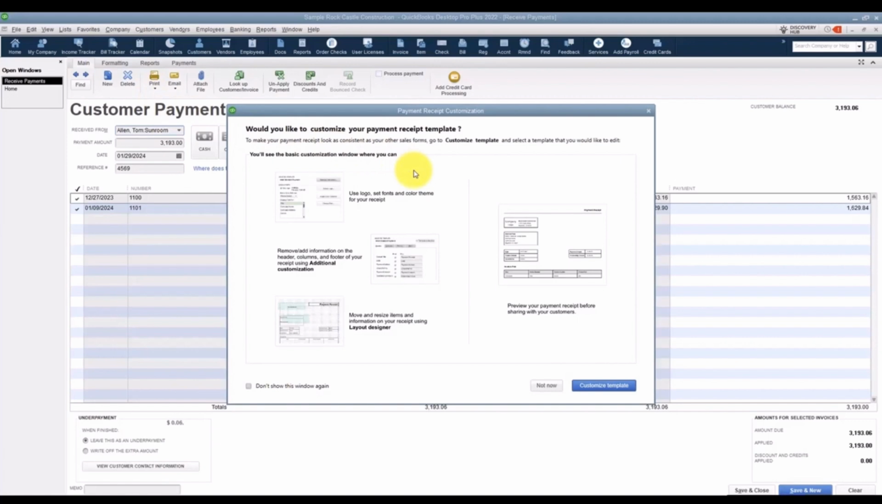If you're going to print the payment, it does ask you what you'd like your payment receipt template to look like. You have the ability to customize this. If you wanted to do that, you would click on Customize Template down here. But right now, this is what it's going to look like. I'm going to go ahead and say Not Now